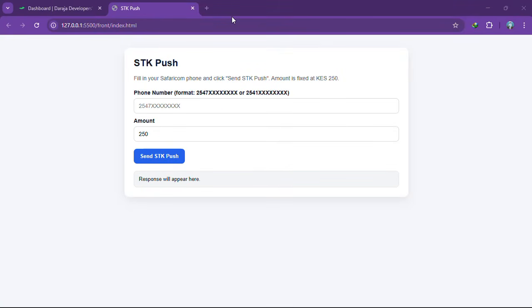Welcome to Coursename Dev. In today's video, we are going to look at how you can integrate an STK push to your site. By the end of this video, this is how to implement it, the front end. We have the Daraja here, and we have the actual codes which we are going to look at. So, with no much ado, let us test